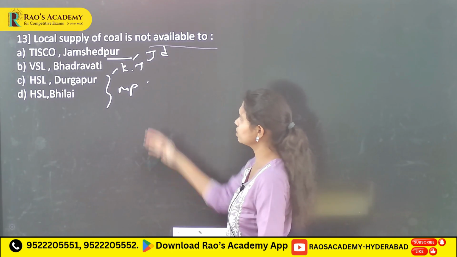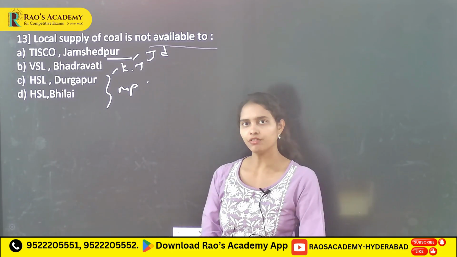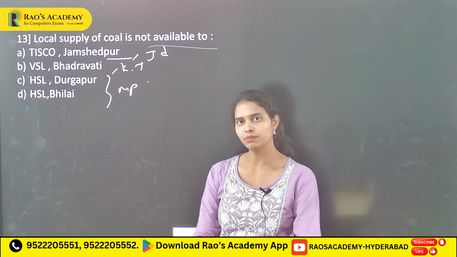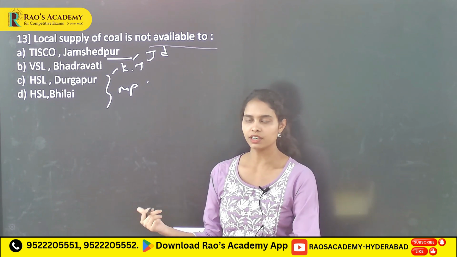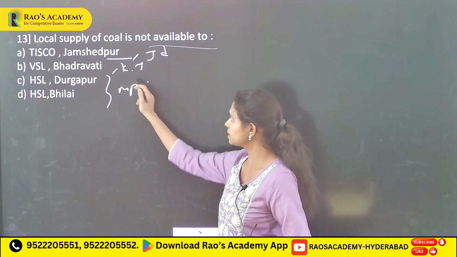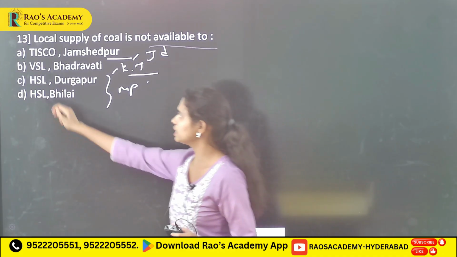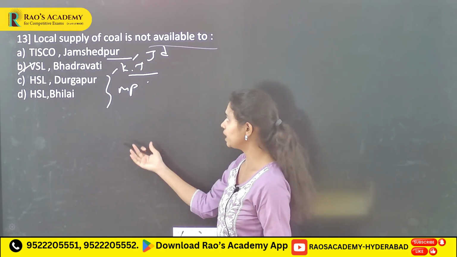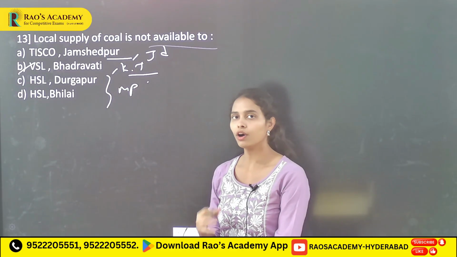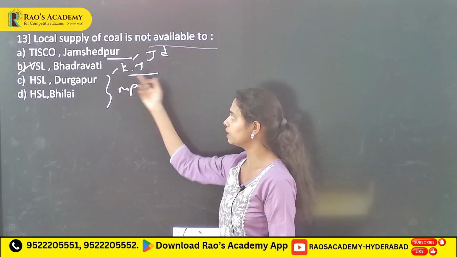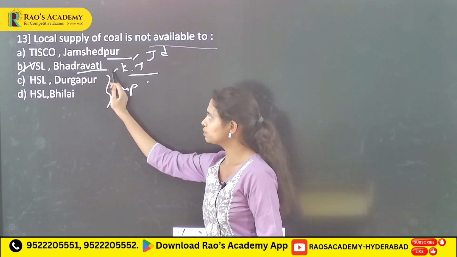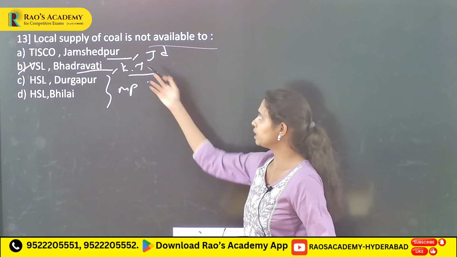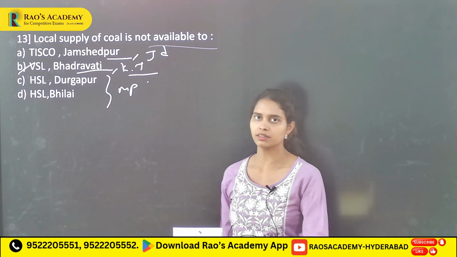So if you closely observe, usually the different minerals such as iron ore, manganese, and all these minerals are greatly found in the Chota Nagpur plateau, which is located in the areas of Orissa, Jharkhand, Chhattisgarh as well as Madhya Pradesh. But the Vishveshwaraya steel industry, which is located in Karnataka, is far away from these minerals, which makes this industry import or transport these minerals. So this Vishveshwaraya steel industry, located in Bhadravati of Karnataka, is located far away from the coal supplies. So option B is the correct answer.